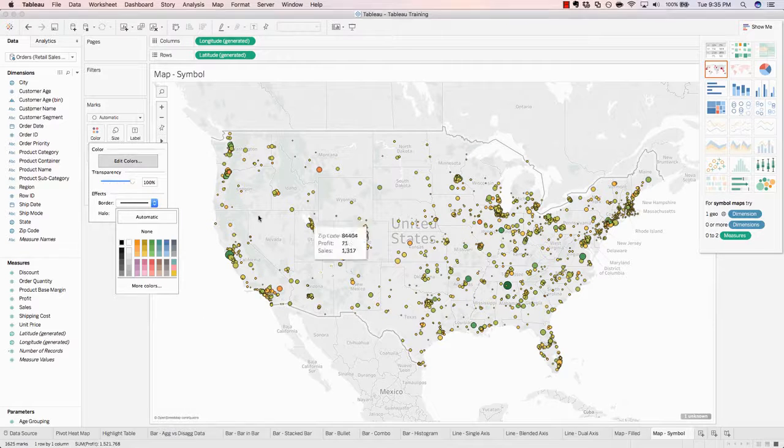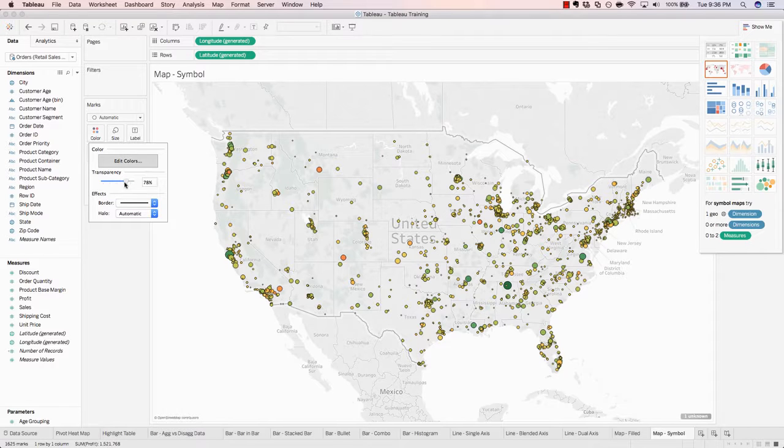And it's also important to toggle the transparency as well. If we look in this area right here, there's a whole mess of bubbles that are overlapping and even some that are hiding others. So in order to combat some of that, we can simply lower our transparency percentage to around 50%. So now we can see there's actually another bubble behind this bubble,